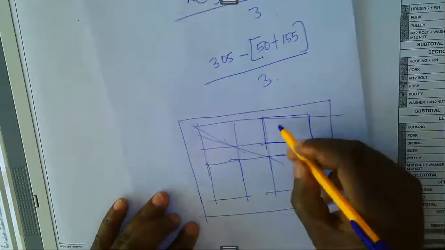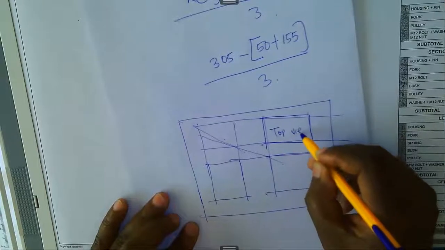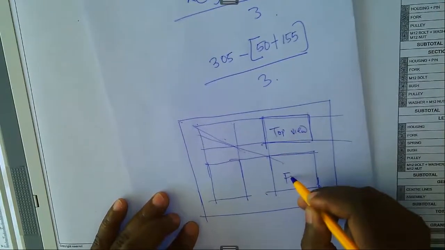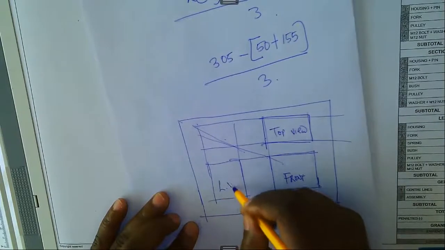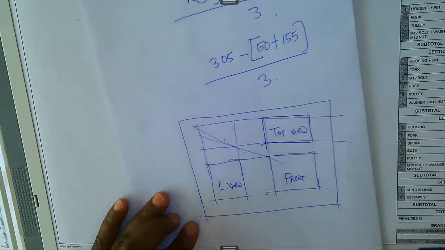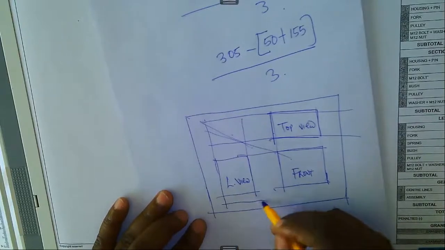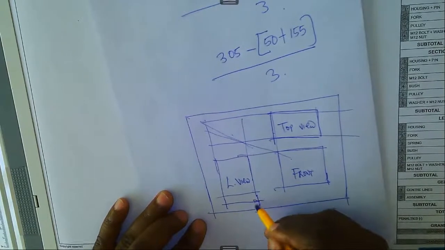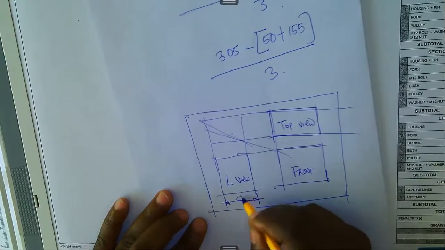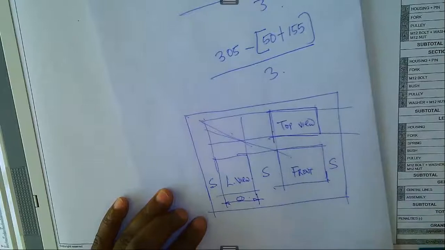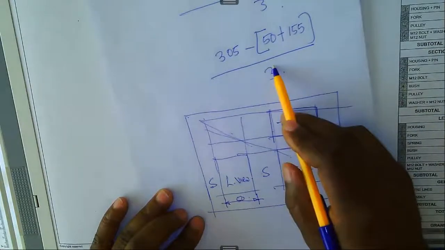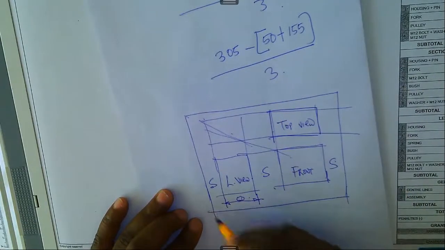Right, so this is our top view, this is our front view, that's our left view. Right, okay. Right, so we are saying from here to there, that's 50. Right, we need space there, we need space there, we need space there. That's why we are saying divided by 50. Our space from here to there, that's